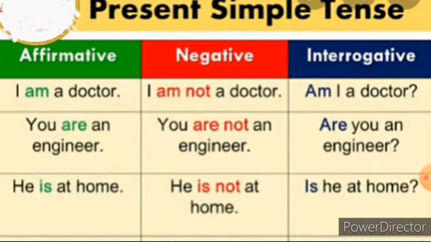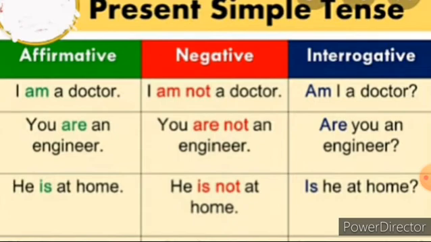You can use the be form verb also to begin, to use as a question word. I am a doctor. How can you change into interrogative, that is, to ask as a question? Am I a doctor? Just replace the verb, that is am, and the first person. Am I a doctor? And then you should end with a question mark. Begin with a capital first letter and end with a question mark.